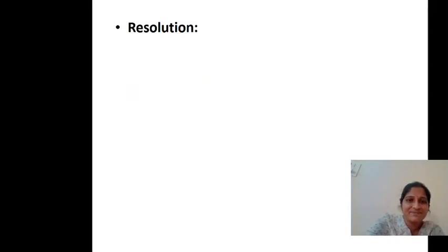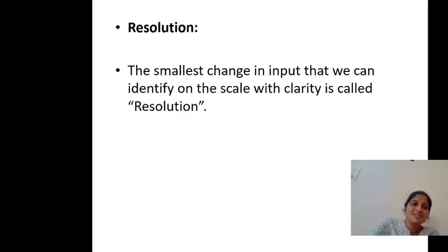Next, resolution. Resolution means the smallest change in input that we can identify on the scale with clarity. This can be explained with an example. Suppose there is a 5 ampere ammeter. On that ammeter the scale will be 0, 1, 2, 3, 4, 5.